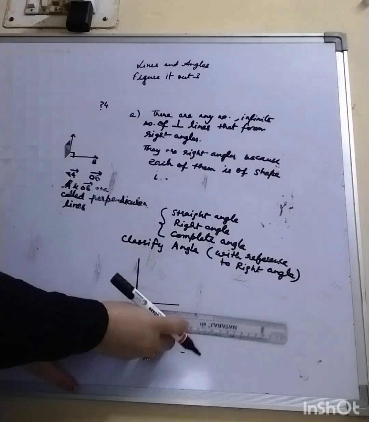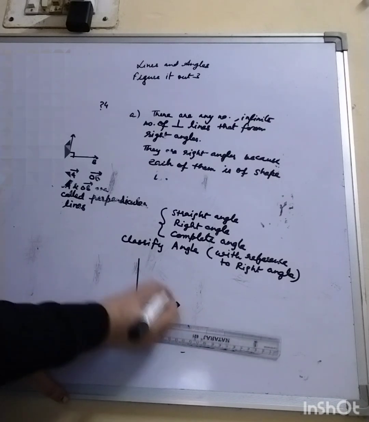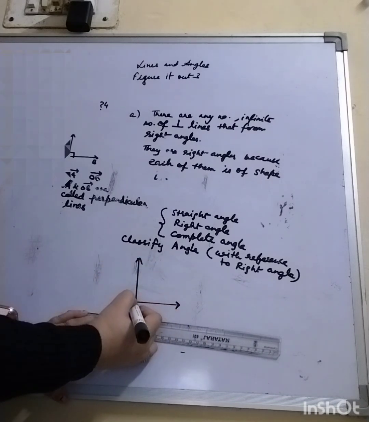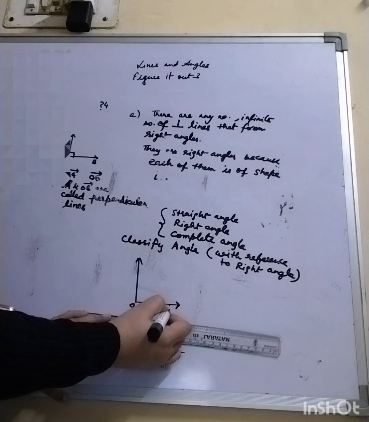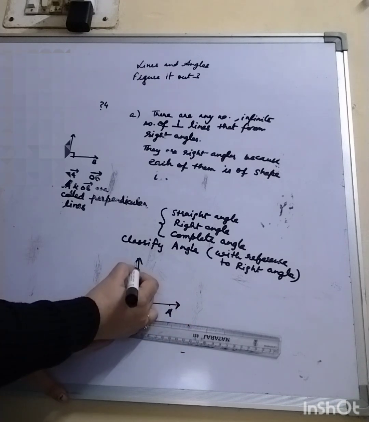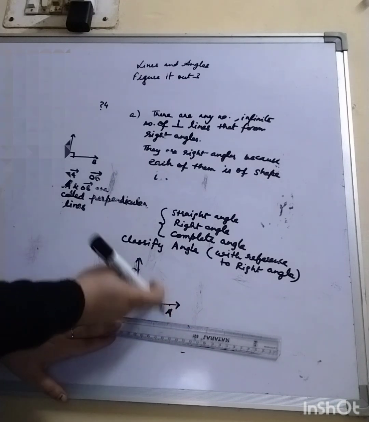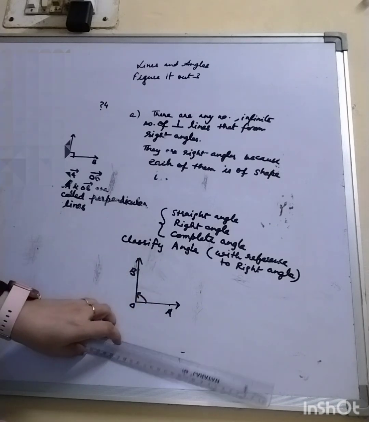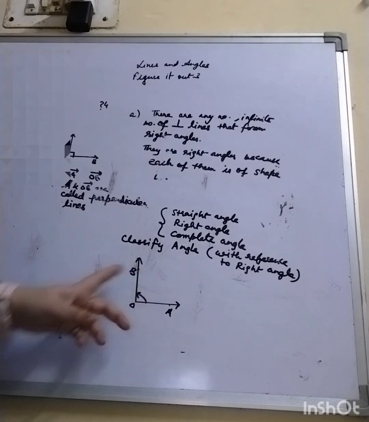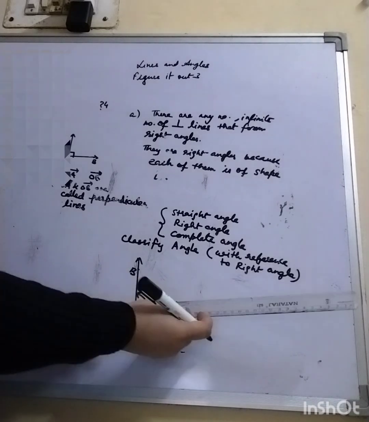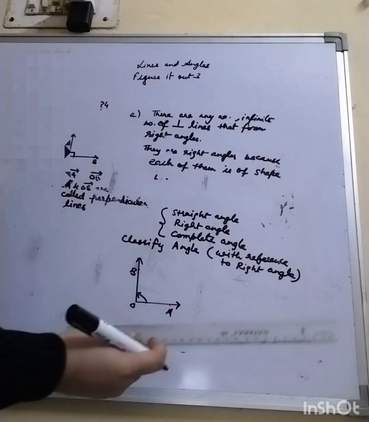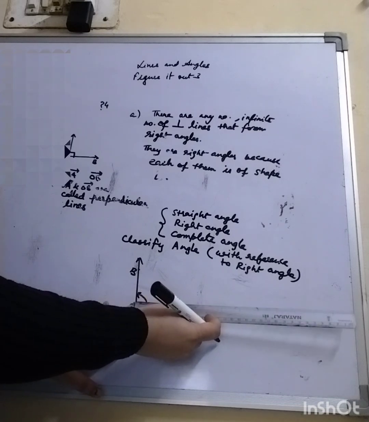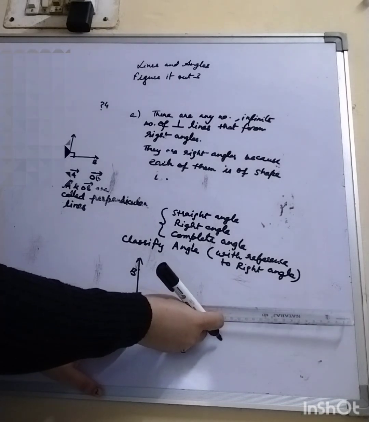Now, starting from what we have learned in the definition of an angle, that an angle is turning of one ray over the other. So OA when turns and reaches OB, you get the marking of angle, you get the measure of angle. So if this is a right angle because it is L shape, if I take a